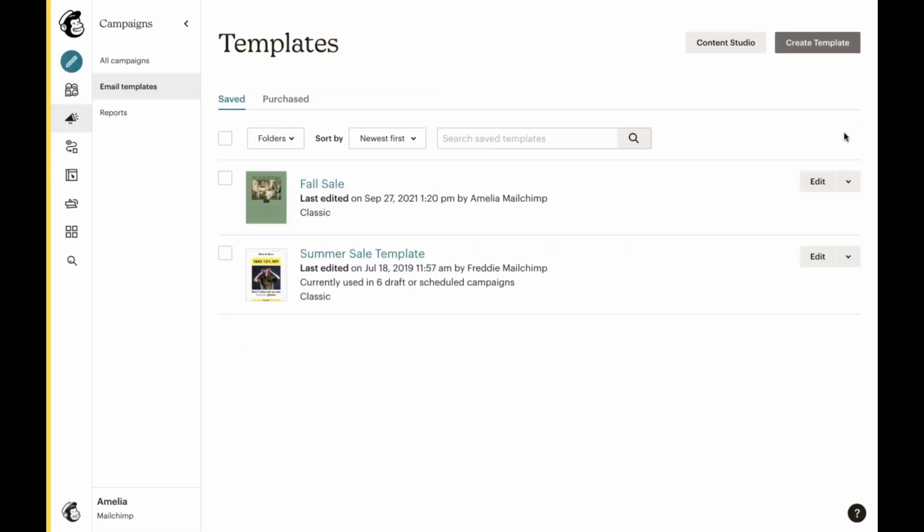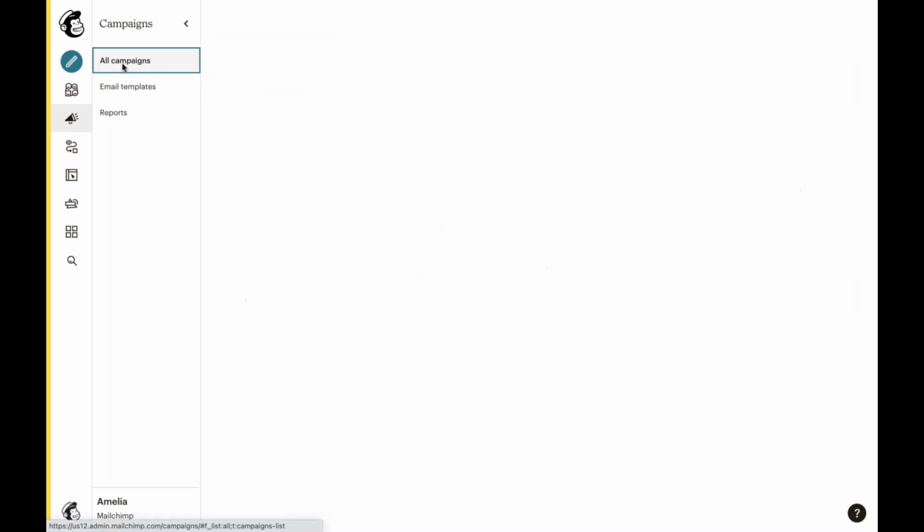Let's go back into our MailChimp account and dive more into campaigns. We've got campaigns for all of your business goals, but today we're going to review what campaign types you can deliver with MailChimp, show you where to create them in the app, and introduce you to campaign reports. So we've got our secondary campaigns menu option open. So from right here, we're going to select all campaigns.